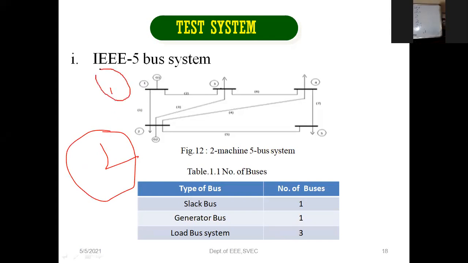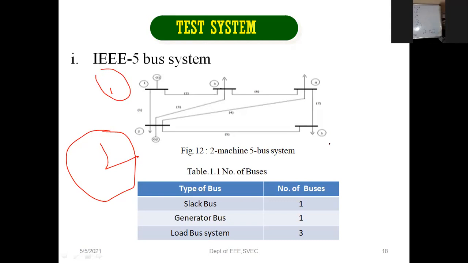This is 1, this is 3, this is 4, this is 5. At Y22, 4 elements. 4 elements means an element connected between 1 and 2, an element connected between 2 and 3, an element connected between 2 and 4, an element connected between 2 and 5.